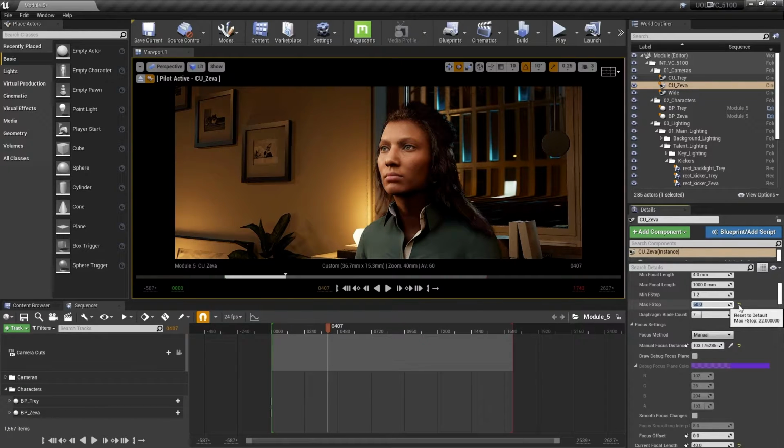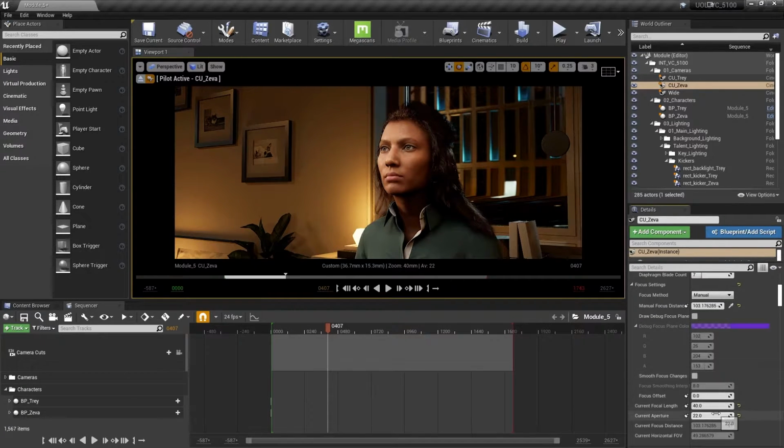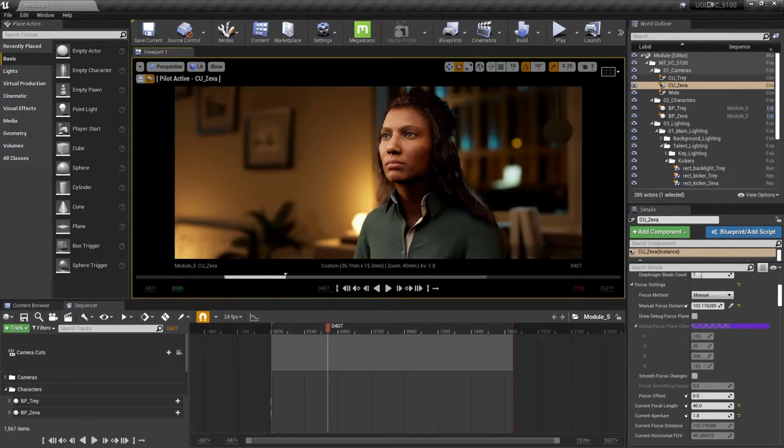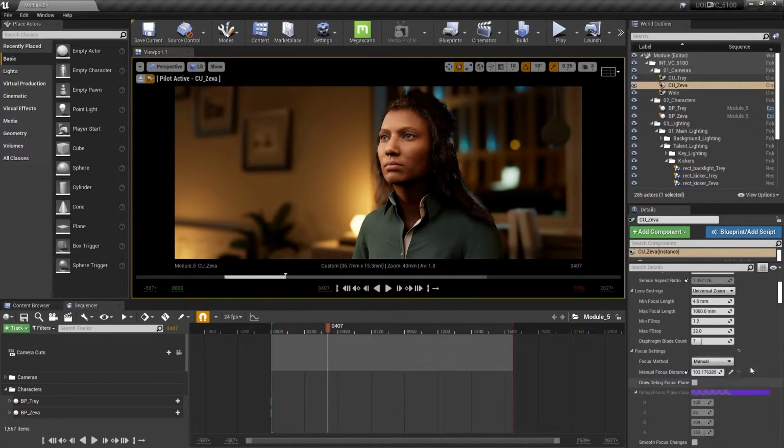We're going to just go back to the default here. That's close to what a real lens would be. And we're going to go back to our 1.8. So I just wanted to show you that really quick. Let's reframe just a bit here. Can tilt down. And just to see, so you understood the relationship between aperture and exposure and depth of field